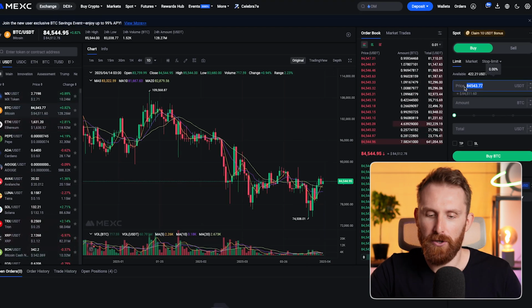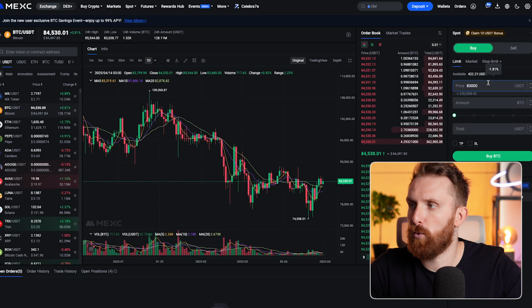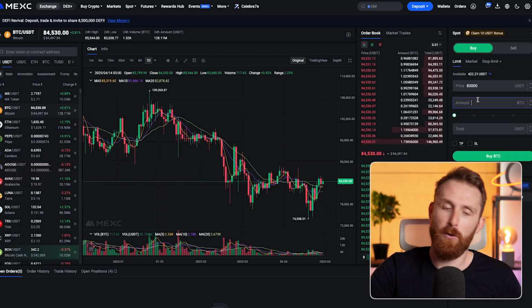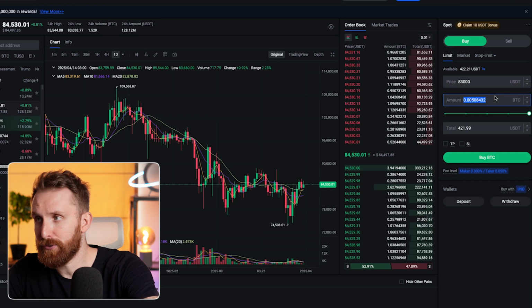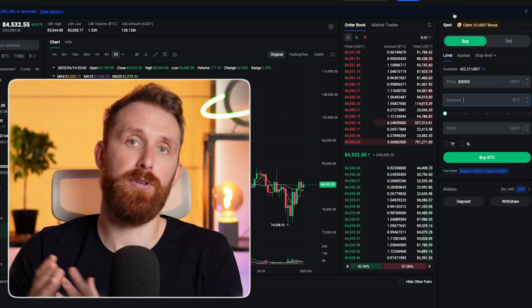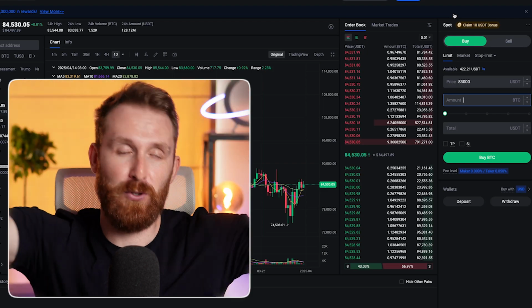And for example, I want to buy Bitcoin at 83,000. Just input at what price you want to buy and how much you want to buy. Let's do 2 Bitcoin. You can also set stop limits. For example, if you bought some tokens, you don't have to sit next to your screen, or for example, 20 screens. You can just set exact prices at which MEXC, your exchange, will buy or sell your tokens and your